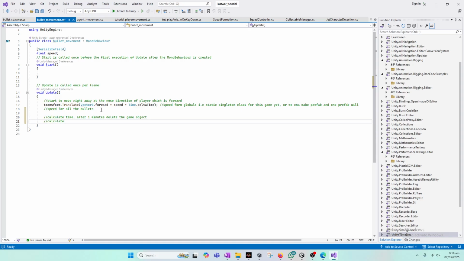is to calculate the distance from the gun, or point of spawn. So if the radius increases to a certain point, delete the game object. So this second method feels much more